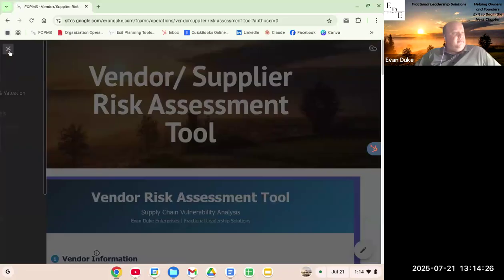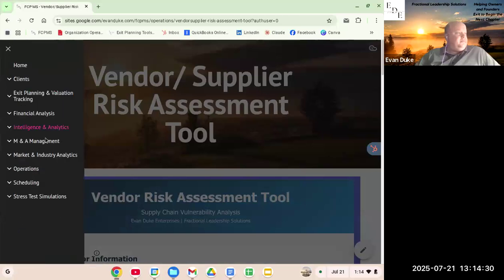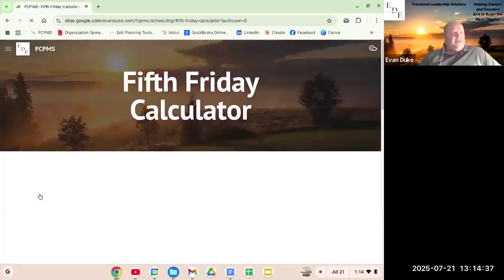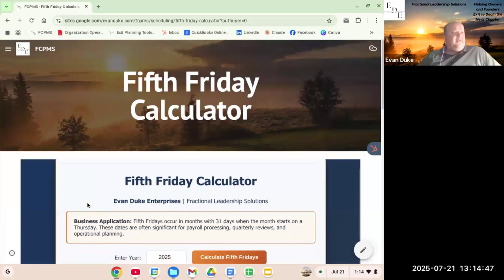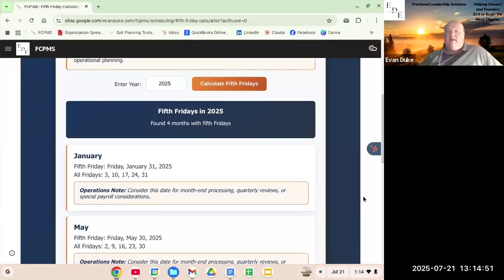So that completes our operations module. The next module that we have is more administration internally, because with our fractional model we serve clients on a 1 day per week model. And with this Fifth Friday calculator, what it's aimed at doing is helping us determine which months have a Fifth Friday,